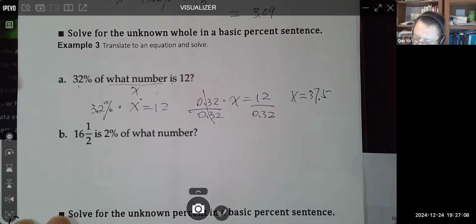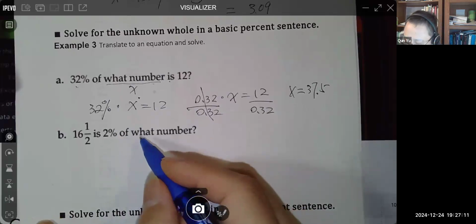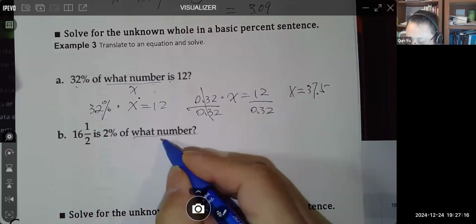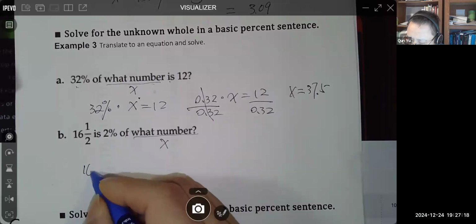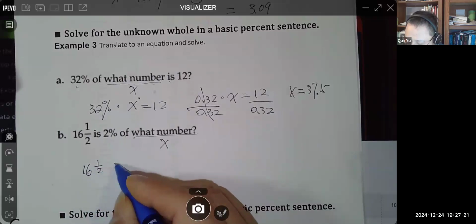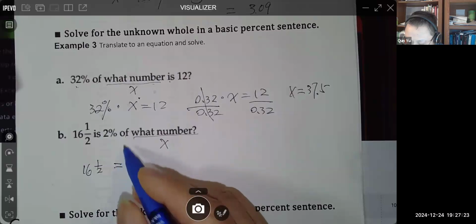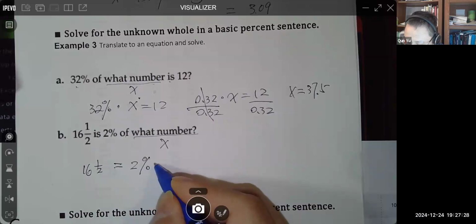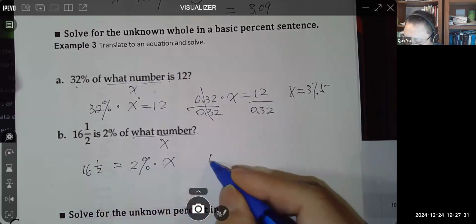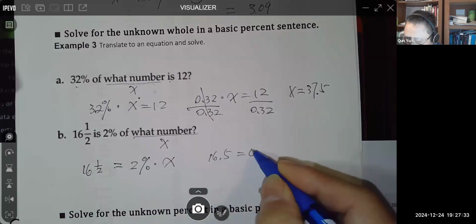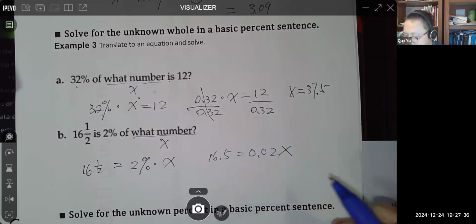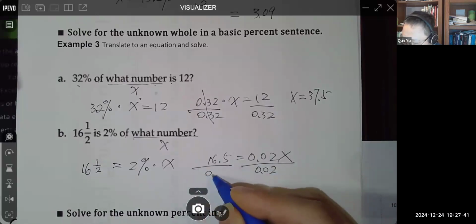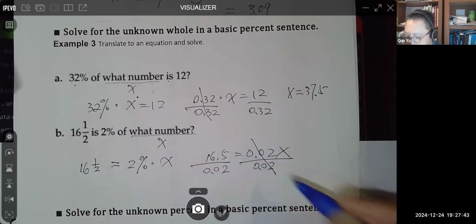Now, 16.5 is 2% of what number? We're looking for the whole because this is the number after percent of. So we don't care, this is X. 16.5 is, make sure you write the equal sign before 2% of X. So 16.5 basically equals 0.02X, that's 2%. Now to get X, we divide by 0.02 on both sides,